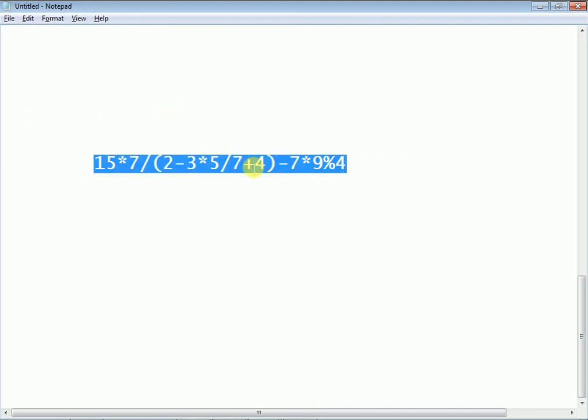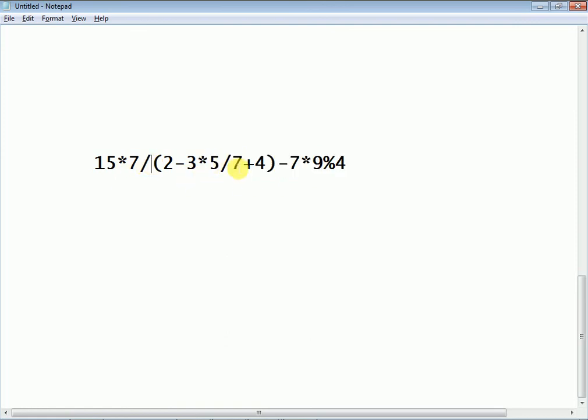When you are given an expression like this, how do you evaluate it? Which one do I evaluate first, this one or this one? That's why C has priorities, called operator precedences. Based upon operator precedence or priority, the expression will be evaluated. I will show you now what operator precedence is.